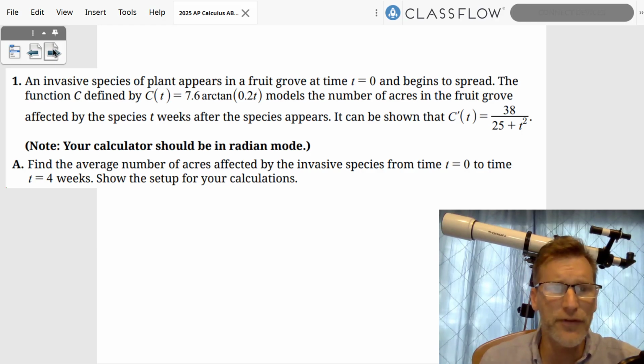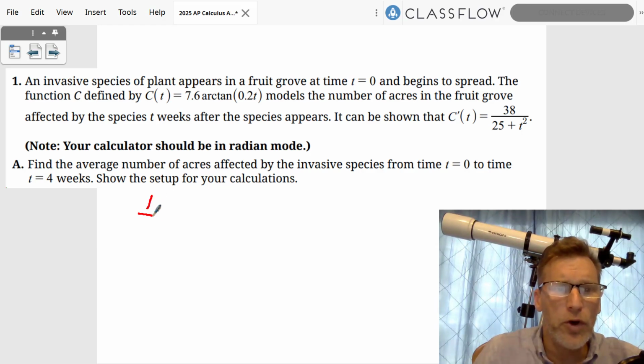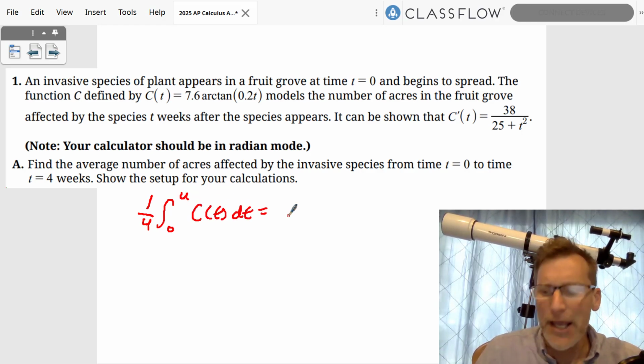And the first thing they want us to find is the average number of acres affected by the invasive species from 0 to 4 weeks. So we're going to set up our average calculation, which means we're going to do 1/4 times the integral from 0 to 4 of C of T dt. And when we do that, we put that in our calculator. We get